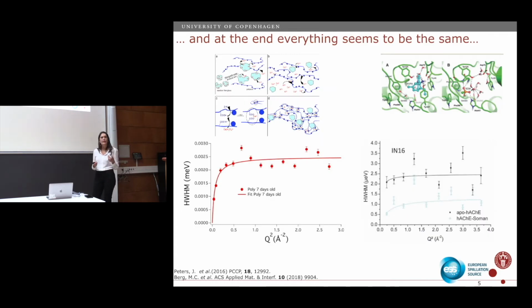But then, if I really start digging, machine learning, because I know a lot of systems, and if I look at papers, I will see that when I observe this line width as a function of the scattering vector squared, it doesn't matter if I'm looking at how water dynamics change when it's hydrating on cement, or how these water dynamics change when I have a protein with and without an inhibitor. It's the same. The only difference here is that this is plotted in milli-eV and this is in micro-eV. But these data are identical.